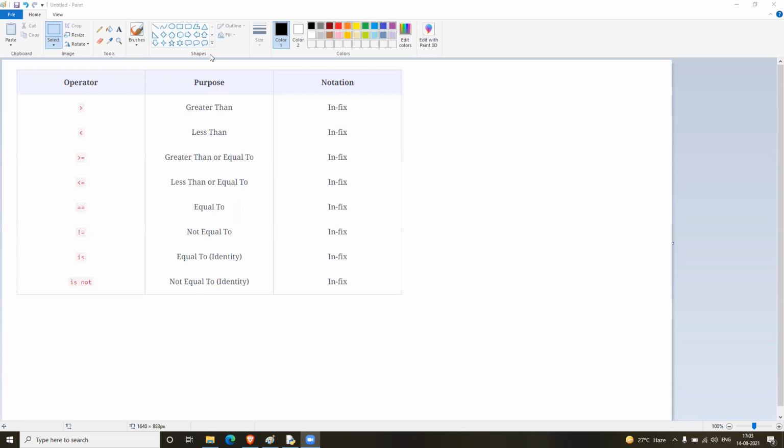condition. Let's say I do an arithmetic operation like 5 plus 2, the result will be 7. But if I use a comparison operation like 5 greater than 2, the result will be either true or false. 5 greater than 2 is true, so it will be true. The other result will be false if it is wrong. So the expected value of these operations is only either true or false, Boolean values.